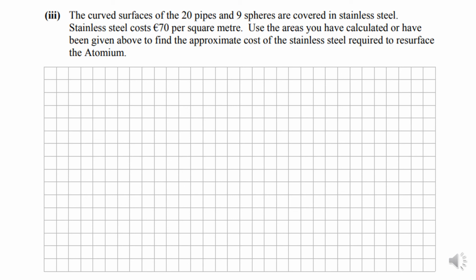So we have our spheres, and we calculated those to have a surface area of 9156. We have our 8 inner pipes, and they had an area of 1907, and we had our 12 outer pipes, and we were told or given in the previous question that their surface area was 3170. So the first thing we should do is add those to get a total surface area. So 9156 plus 1907 plus 3170 gives me a grand total of